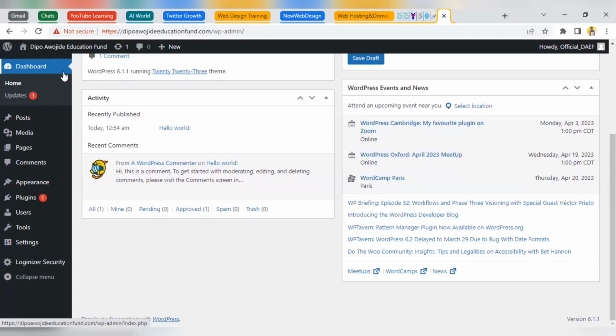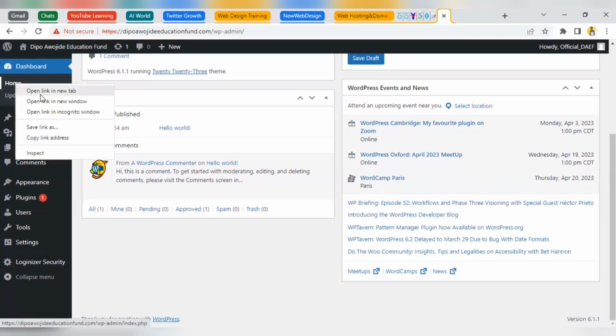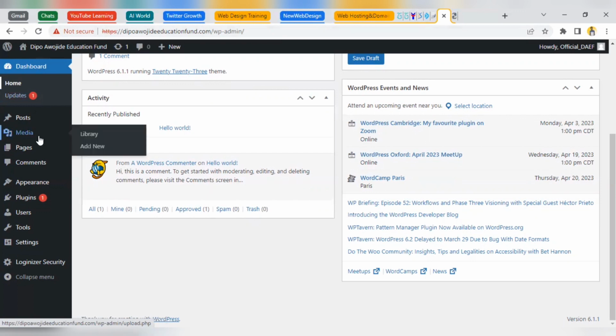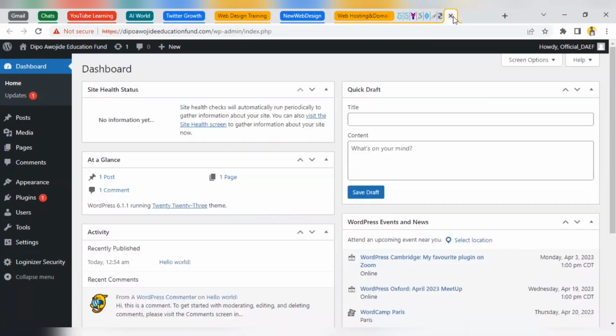Now, this is your dashboard. You can visit your own page this way. And then of course it's showing updates. So one of the things I always do is go and update the theme and the plugins if it's the first time I'm using it. Even if it is a client that I'm working with, I always do that for them. So I can always go to